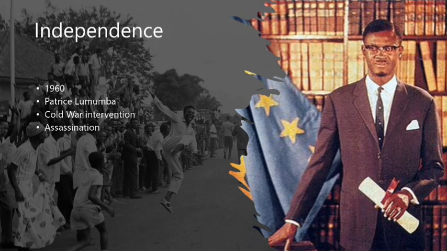Lumumba was overthrown in a coup by Joseph Désiré Mobutu, captured and executed in January 1961, barely serving as a prime minister for about 6 months. With direct involvement from Belgian and CIA operatives, he was captured. The final act was barbaric. To ensure no tomb or martyr site remained, Belgian security forces dissolved his body in acid after shooting him by firing squad.